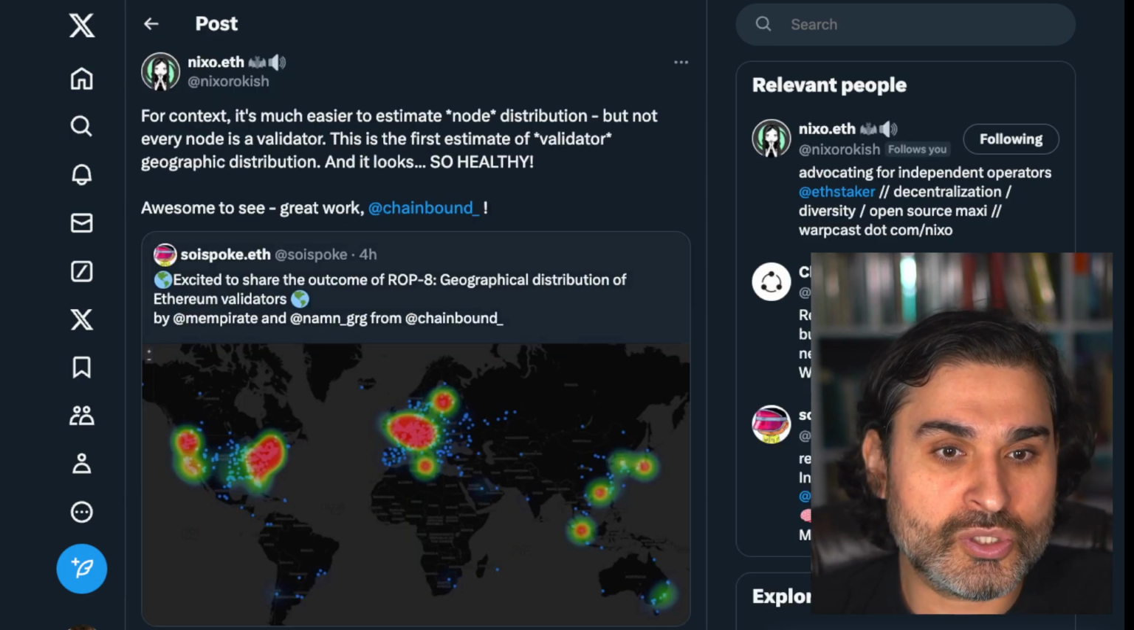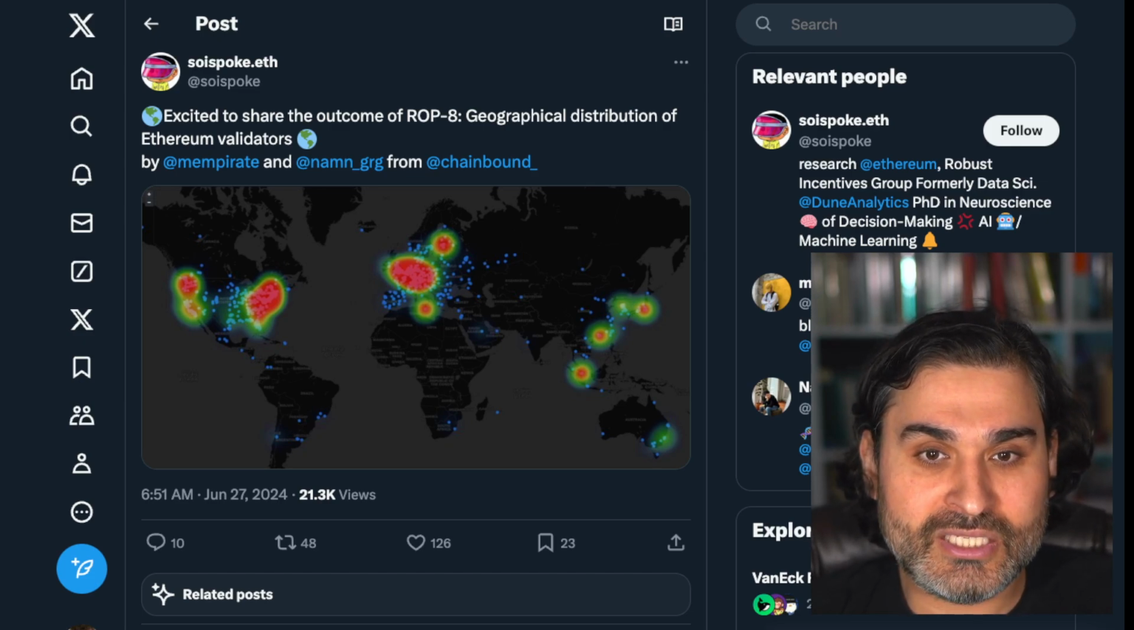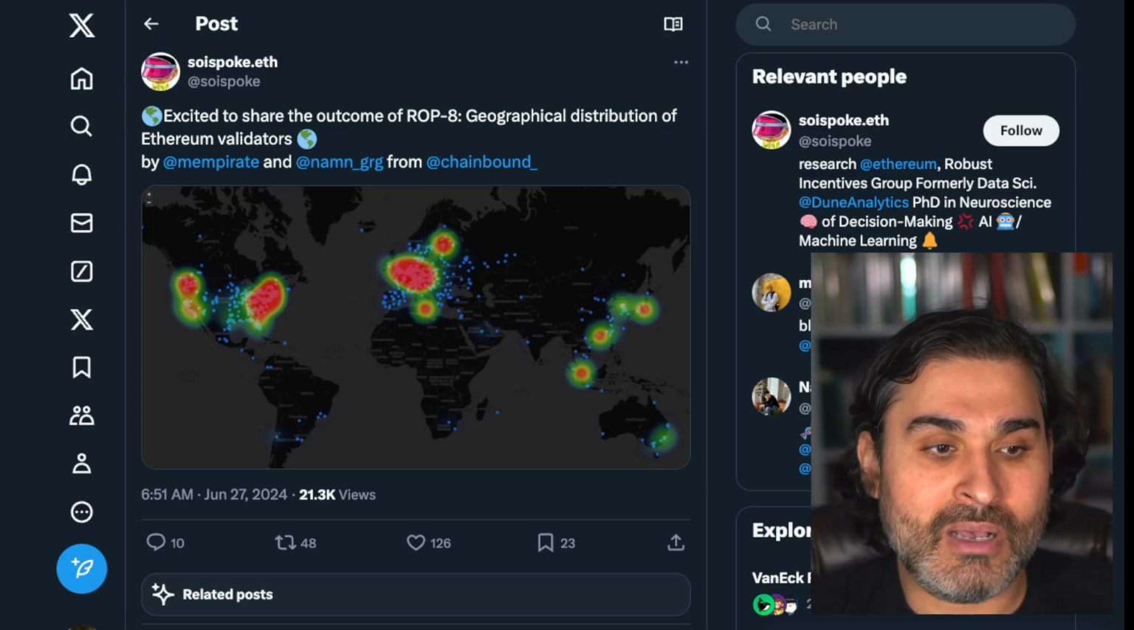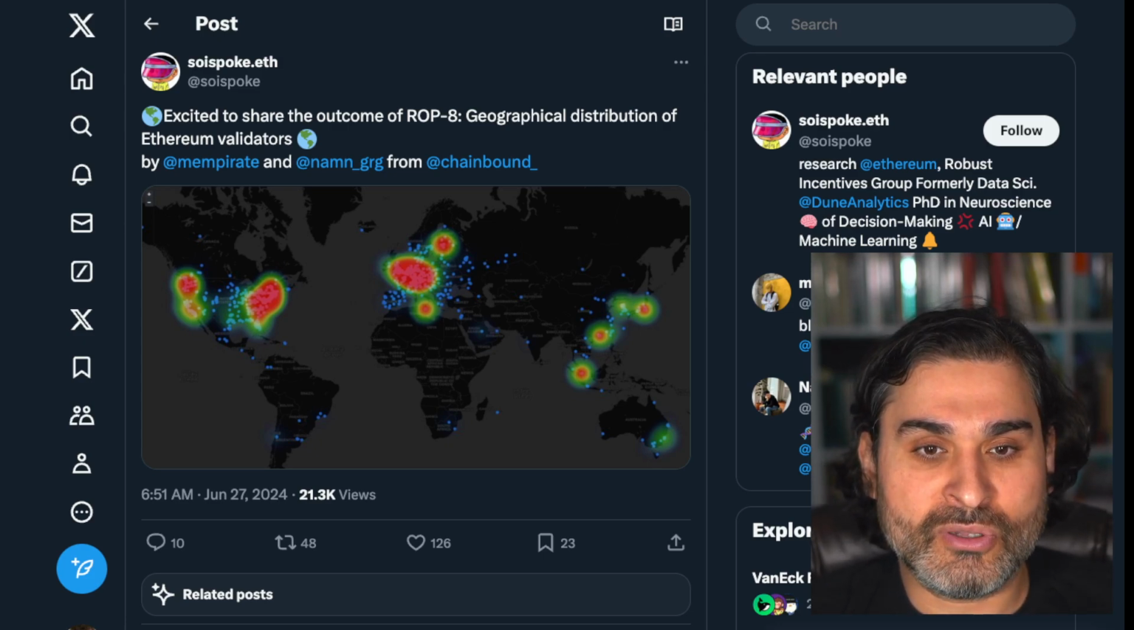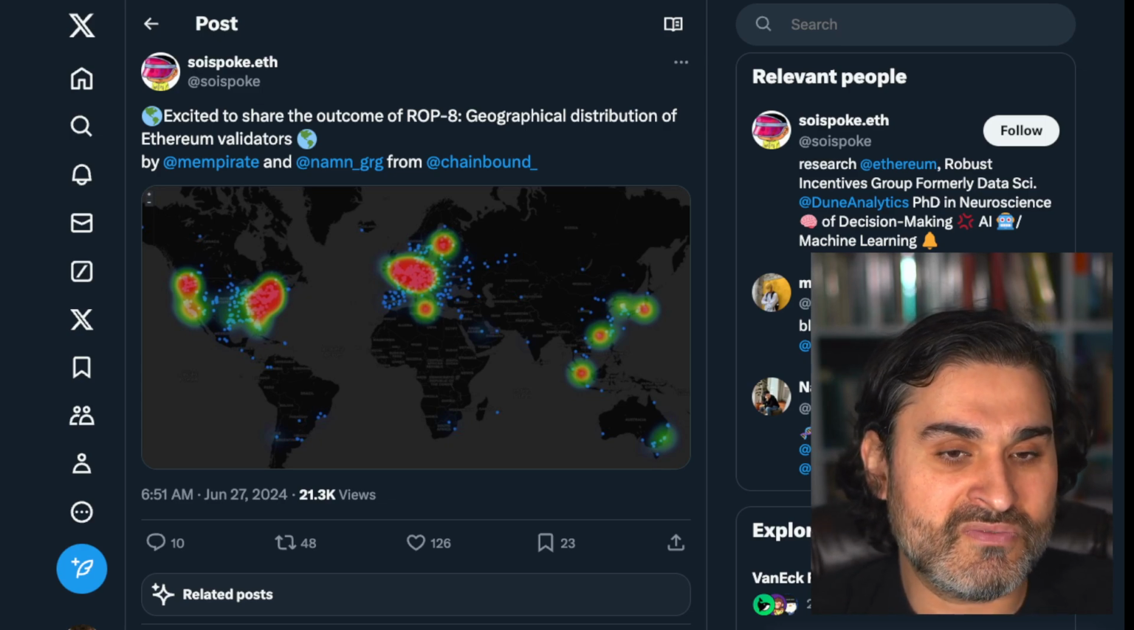Okay, next we've got this tweet coming out from Soyspoke, and they said that they're excited to share the outcome of ROP8, geographical distribution of Ethereum validators. So here they have a heat map of the world with the different locations of where validators are, and what you see is that there's a whole bunch of validators in like the